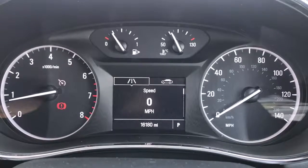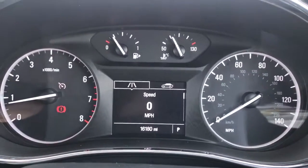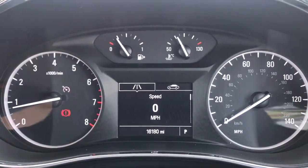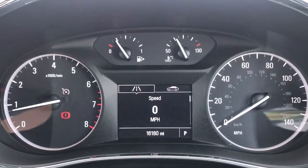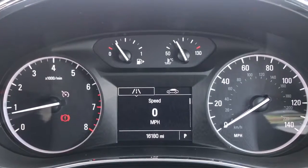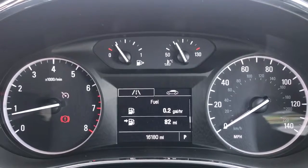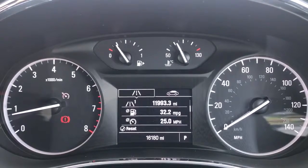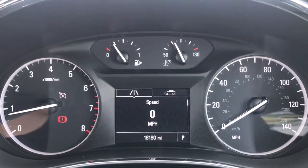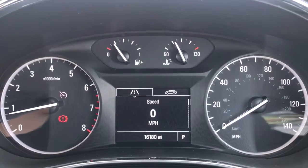On the left-hand side, we have the rev counter, and on the right-hand side, the speedometer. You can see the fuel gauge at the top in the middle, and then at the bottom in the middle is the total mileage of this car, which is 16,180. You can change the information that's displayed above that by using controls on the indicator stalk for various different pieces of fuel economy information, and also, you can see it on the screen there, but the digital readout for